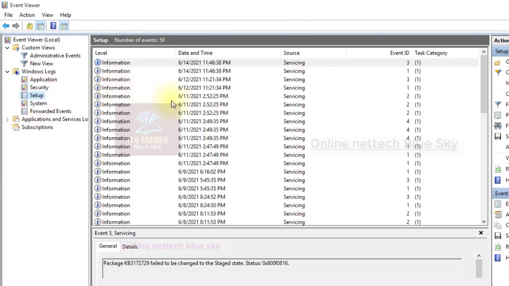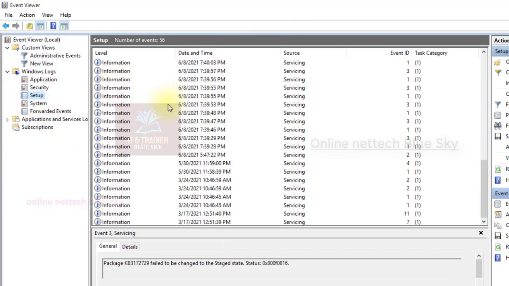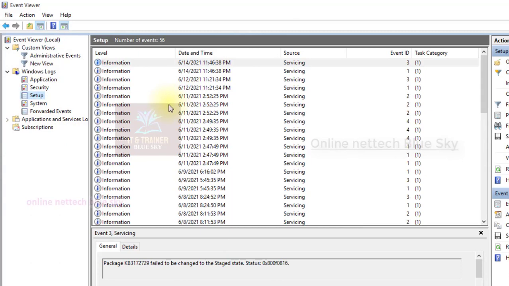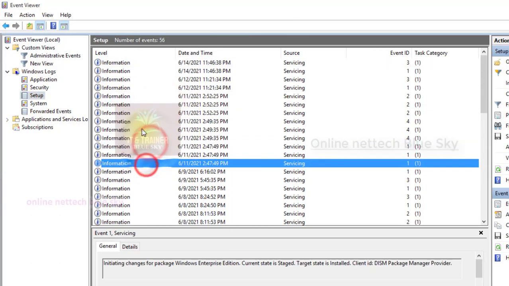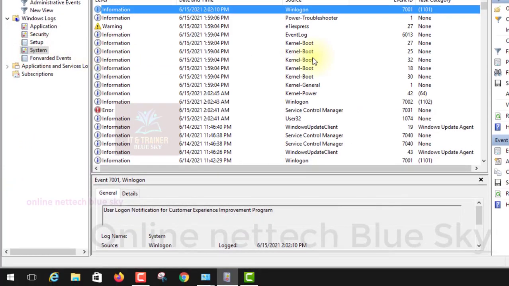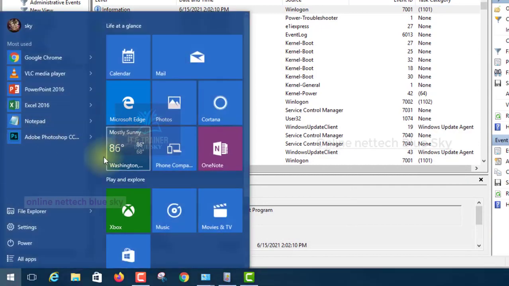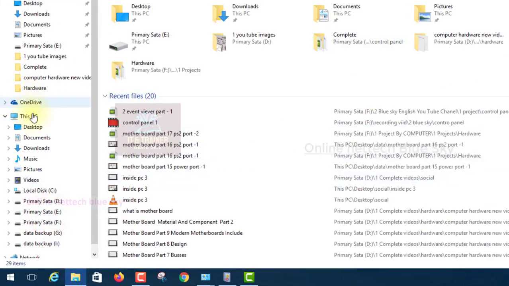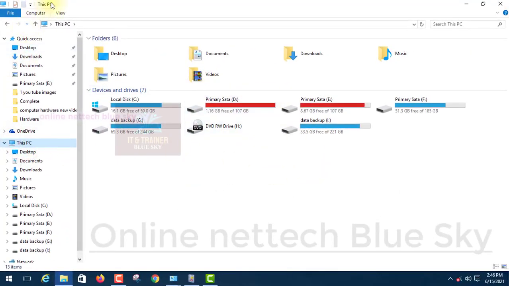Setup, you can see your setup related. Package, I already told you. You can see this is everything software related. System, you can see the System log. What is system? System in my computer, everything system. This is the start menu, this is everything tiles, File Explorer. You can see This PC.